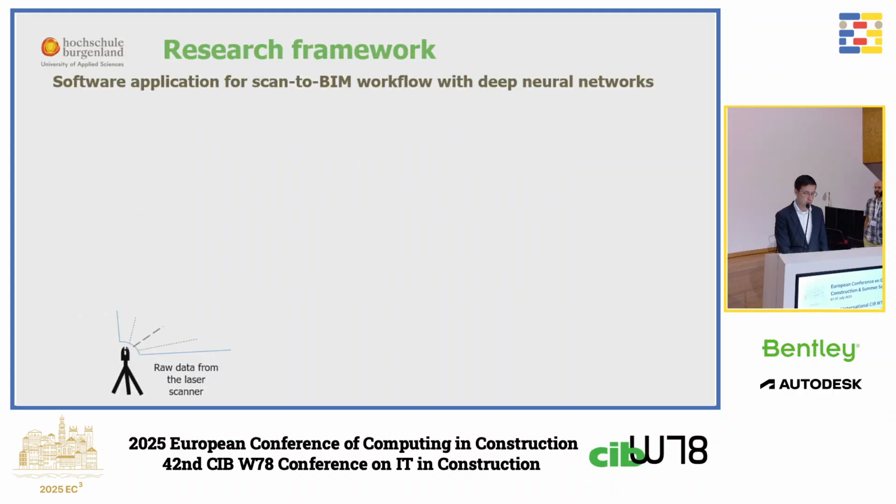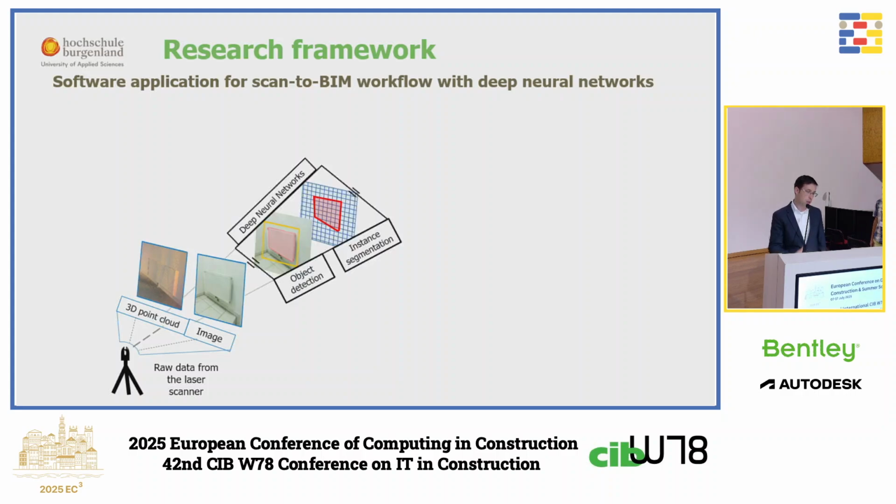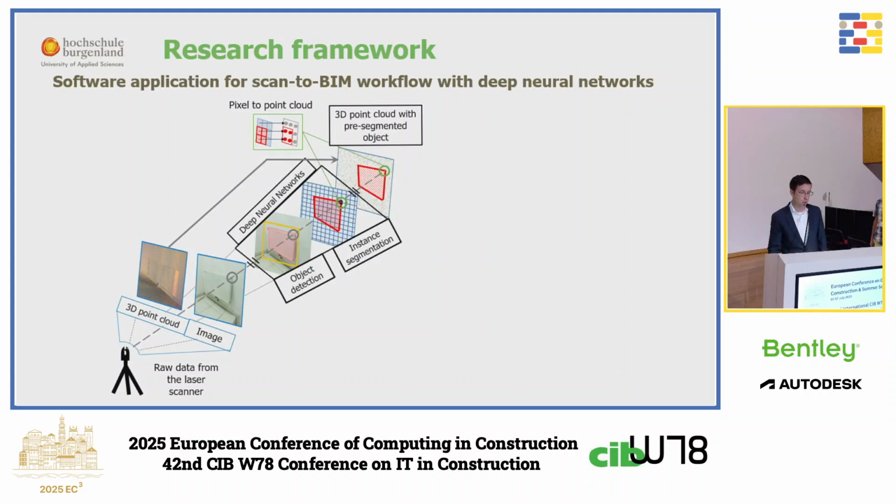How do we do it? We take the laser scan information as a baseline. Most of the research in this field is focusing on detecting the segments in the point clouds. Our research approach is focusing on the image. Then we take the deep neural networks for object detection and instance segmentation to identify the object in the image, and then use a pixel to point cloud transfer to make an overlap and transfer this information from the pixel to the point cloud,